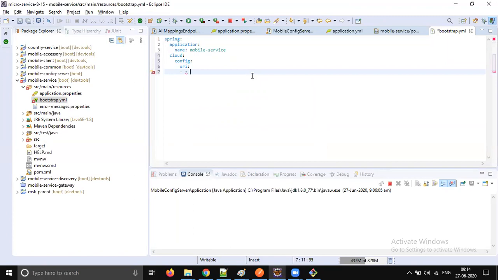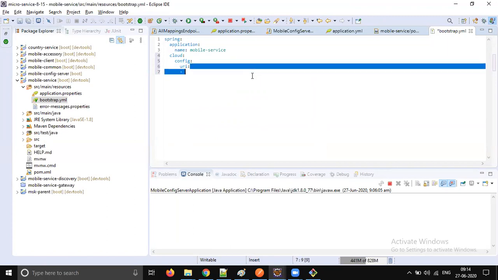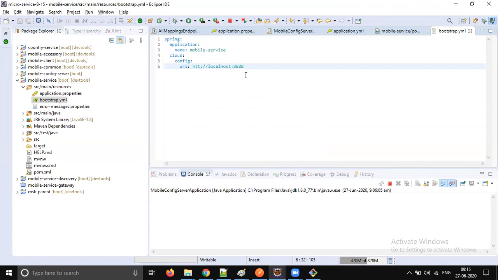We need to say where our server is running, right? So it's running on http://localhost:8888. So here is where our cloud config server is running. Don't worry, you don't have multiple cloud servers running. It's only one cloud server, which takes care of the entire project requirement.